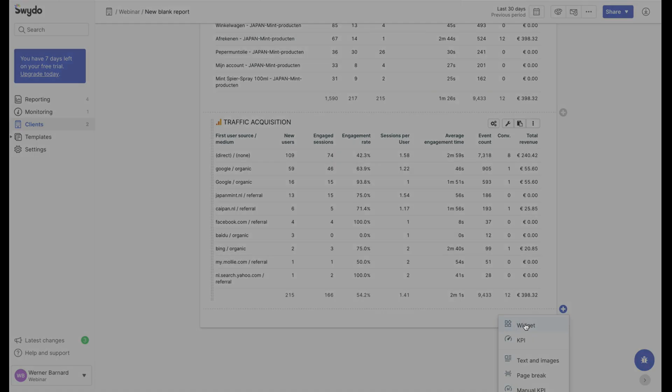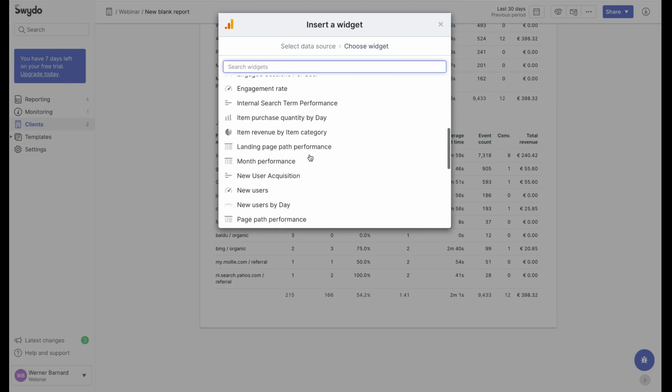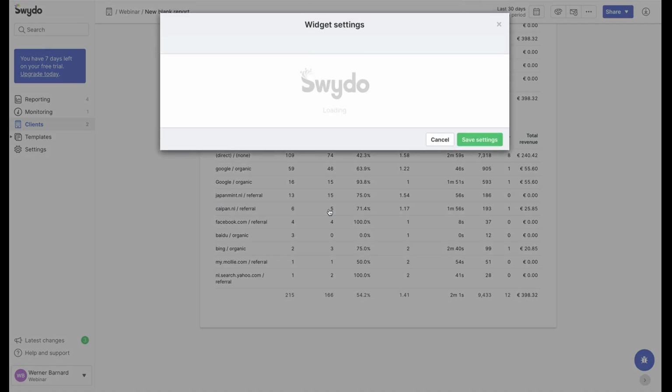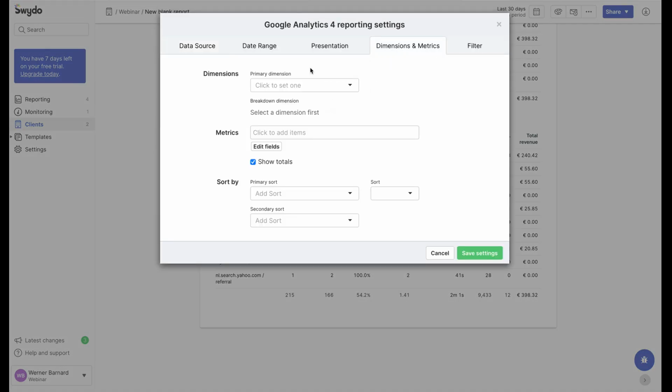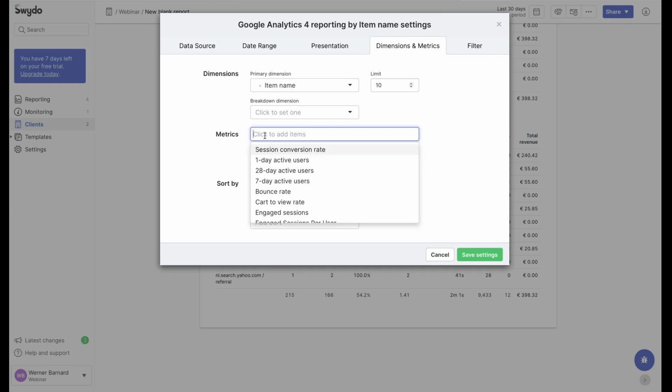So once again, I'll be clicking on the plus, selecting widget, selecting the data source where we want to import the data from, and then once again selecting custom Google Analytics 4 reporting widget. Go to dimensions and metrics, and let's say that we want to show some e-commerce data by item name, for example. So we will select item name as our dimension, and the metrics that we will be adding in there is items viewed,